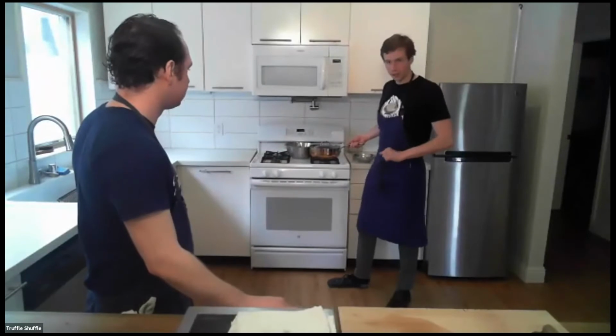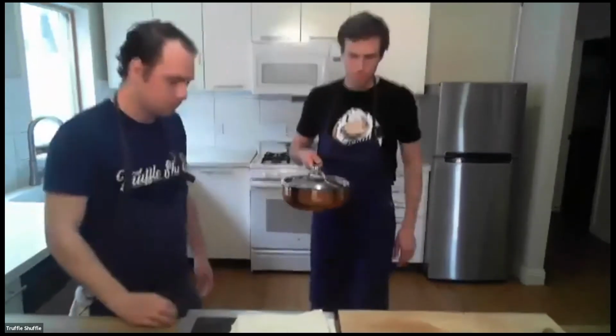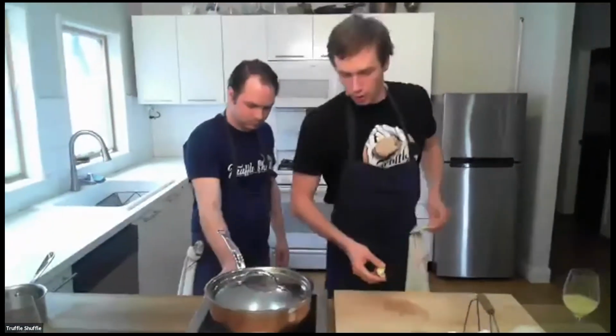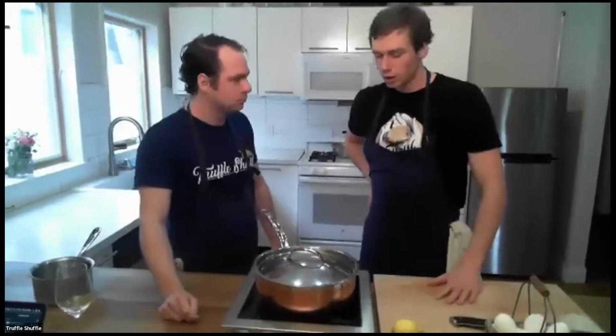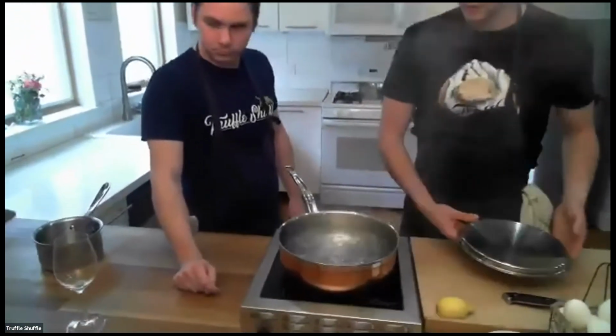All right, perfect. So now that we've made our hollandaise, we're going to get our pot. This is the pot that I filled up with water, and this is going to be our pot for poaching. So for you guys at home, we are just heating the pot up to a very, very light